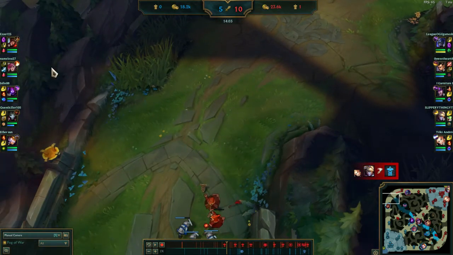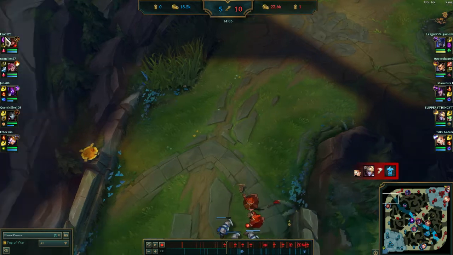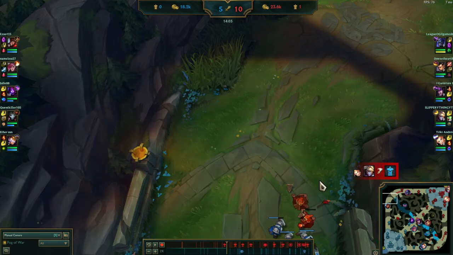When your wave is pushing slowly and there's a huge wave but you're not healthy enough to take it, you're not going to be running teleport anymore. In this case you were. You should have teleported back. But assuming you had ignite